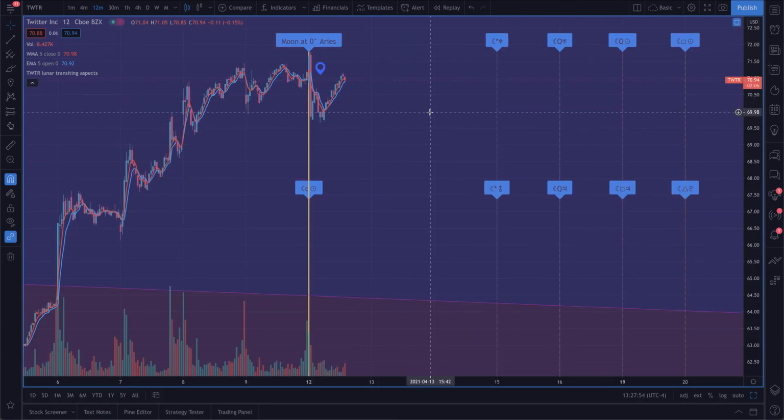Now we can see where some good potential exits are for Twitter coming up between Wednesday and Thursday. Wednesday night, we've got the number 7 down day aspect happening. Things get a little ambiguous because we've got multiple aspects pointing in different directions. We've also got the number 1 up day aspect, number 6 pivot high, and number 1 pivot low happening that night. On the whole, I would interpret all of these as bearish,